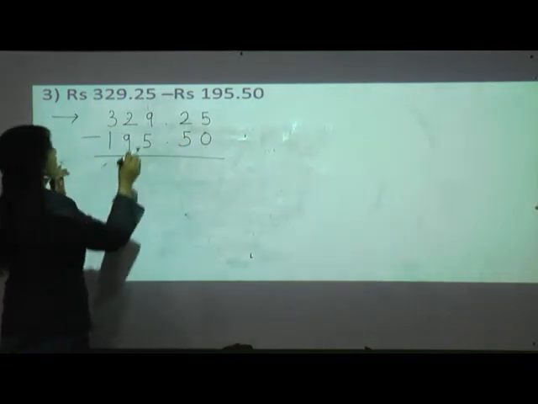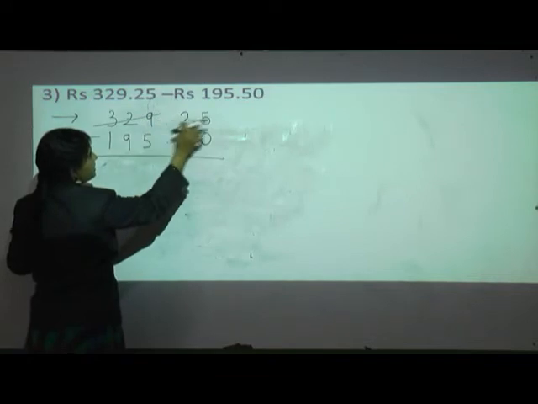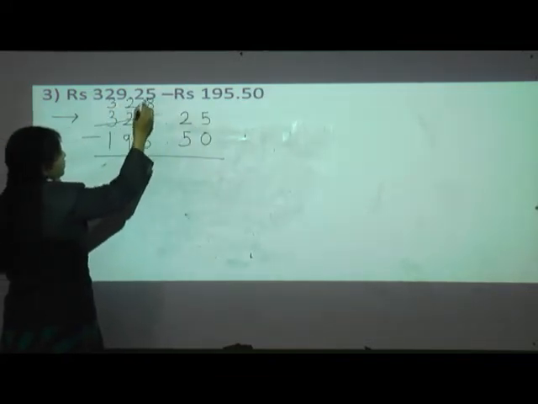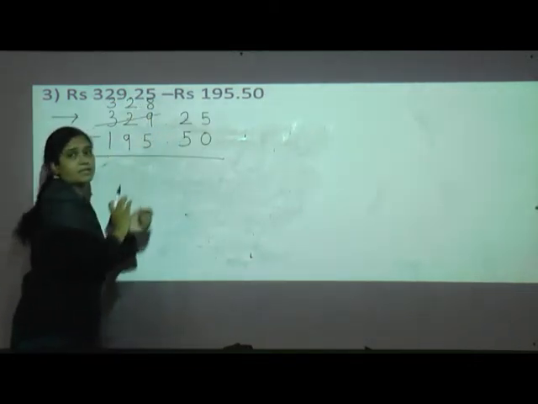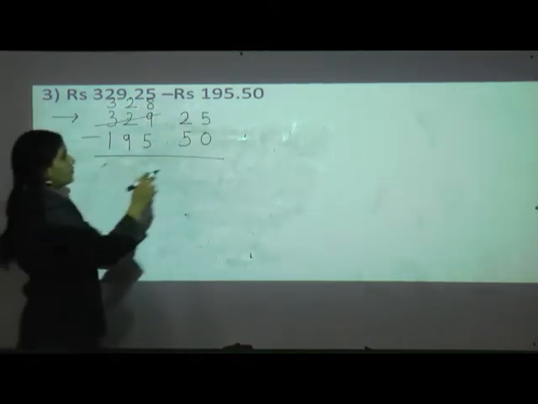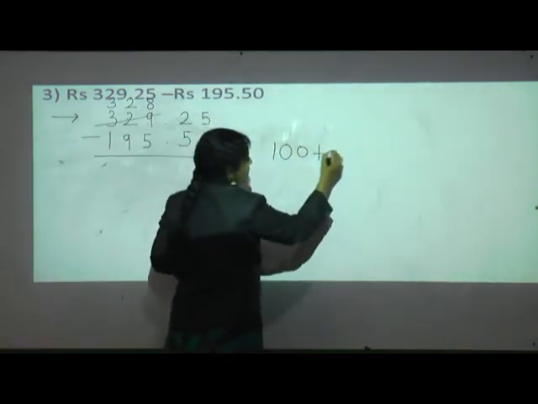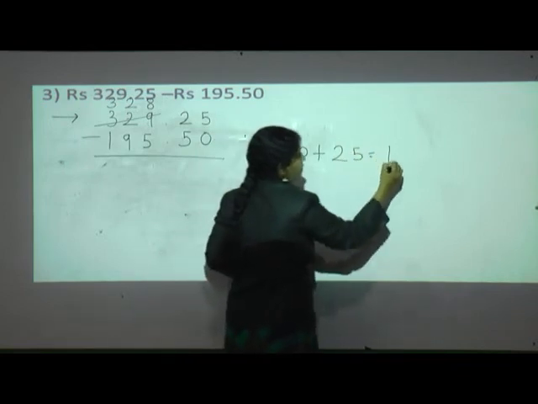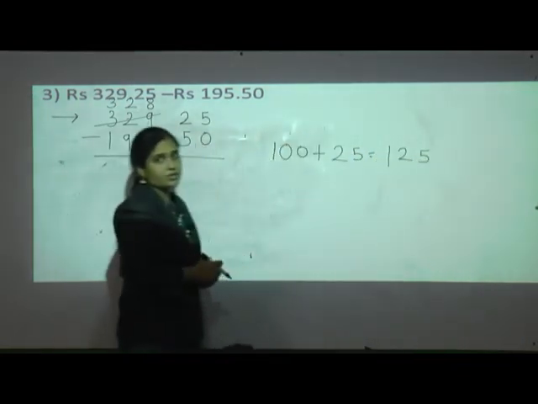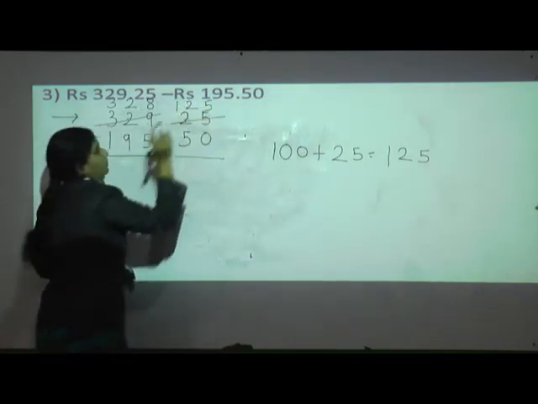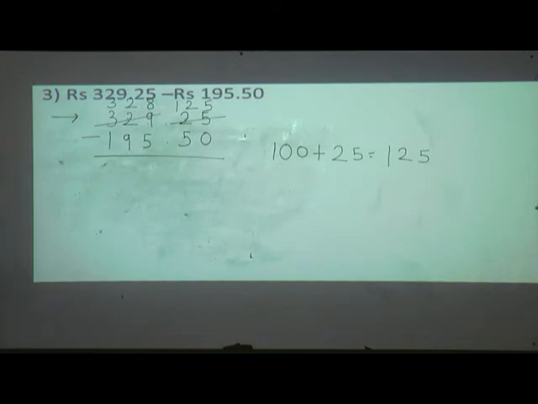So what to do? Take 1 rupees from this side. Borrow it. So here make 328. And 1 rupees means 100 paise. So 100 paise plus this 25. Add it, you will get 125. Yes, my students. So cancel it and make here 125. So students, if you subtract 125 from 50, what you will get, students? You will get here